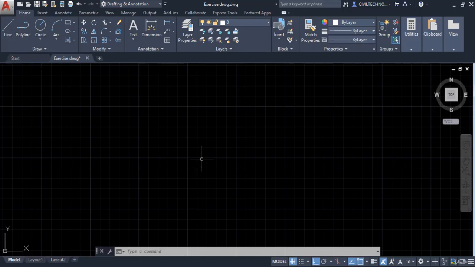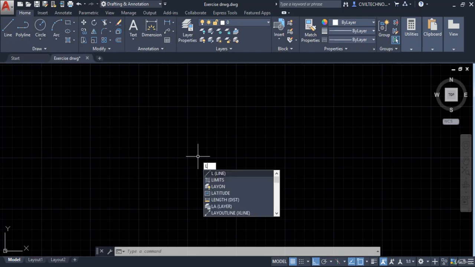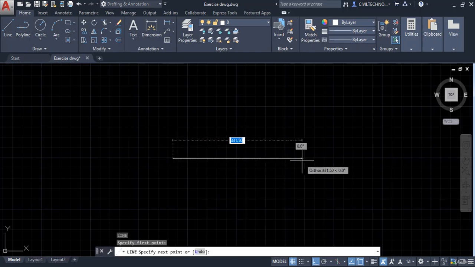Hello, in this tutorial we will learn how to set the measuring unit in AutoCAD. As in the previous video we set a drawing unit, so let me give you one example here. For example, I want to draw a line of 100 millimeter. So I will give 100 units here, because we have set millimeter as the drawing unit.